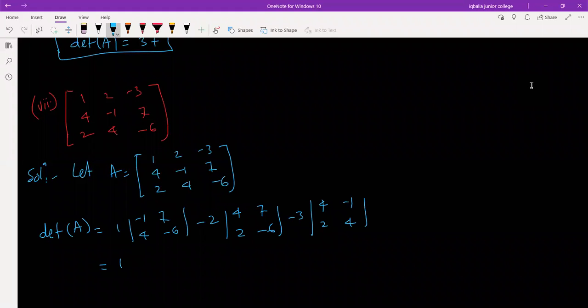So here I will multiply in a cross way, minus 1 into minus 6, minus minus 4 4 into 7,